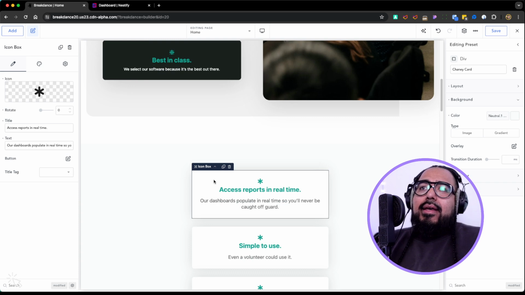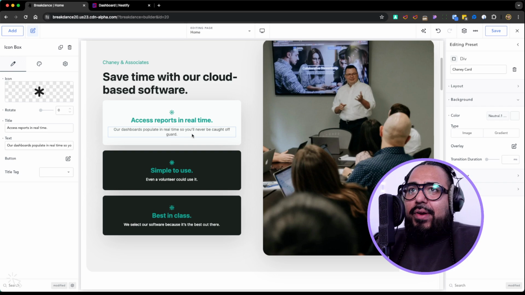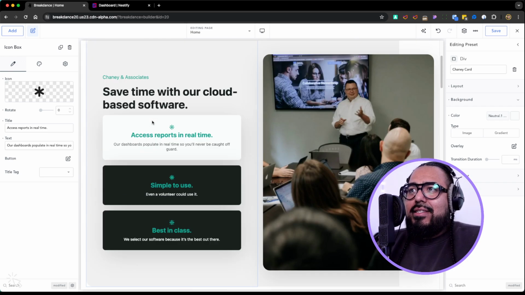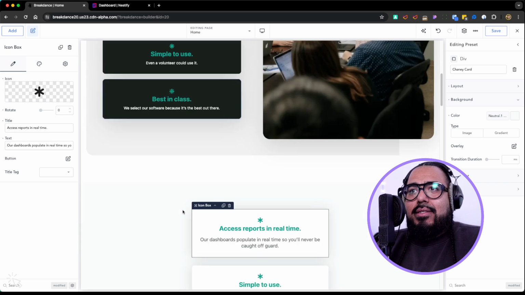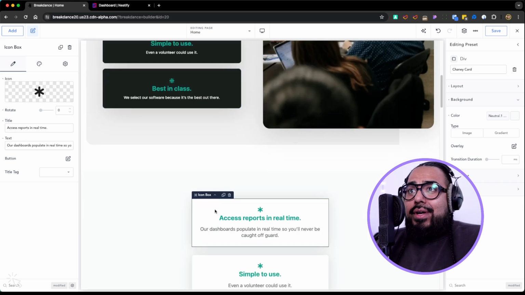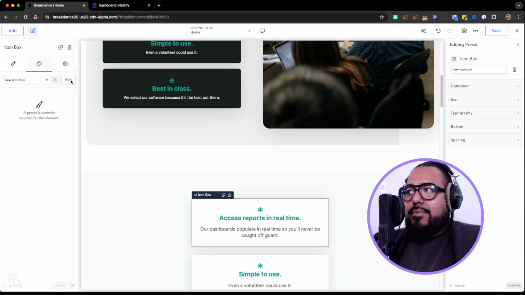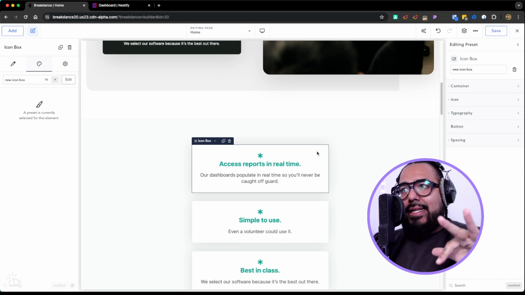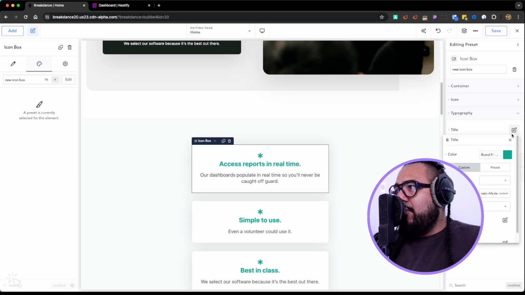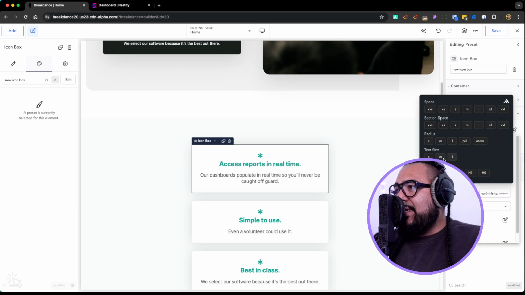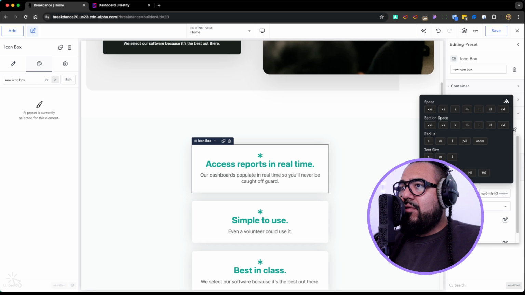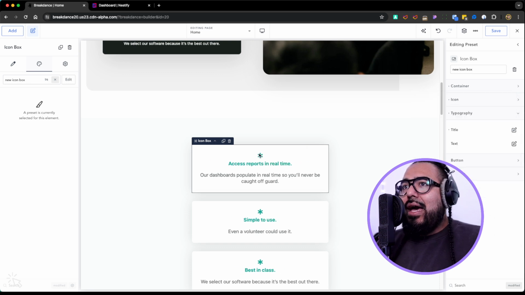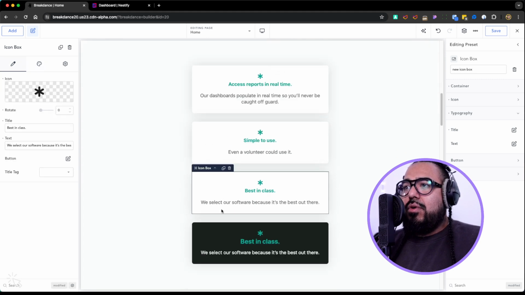So this is using, I wanted to recreate an info box, right? Because this is technically just on the website, just an info box. So the power of the preset is you're able to control a little bit more because it is a Breakdance element, right? So I'm able to go in here and adjust the title if I needed to. If I want to make it super large, super small, whatever my heart desires, now I'm able to control each one,